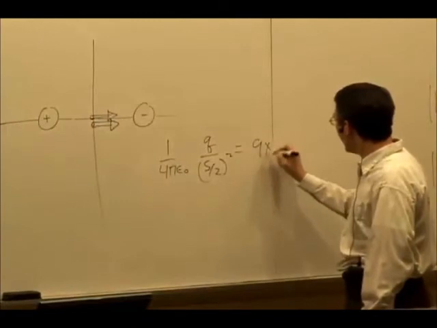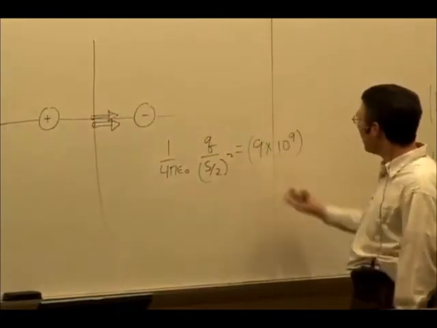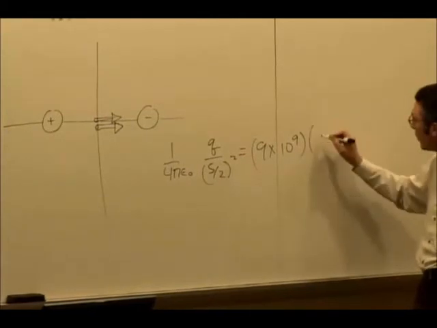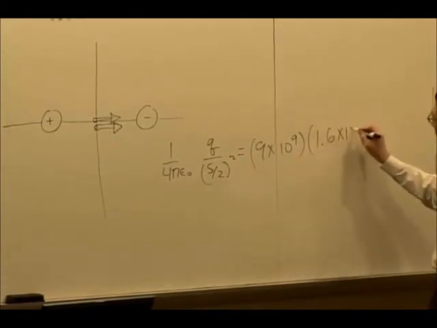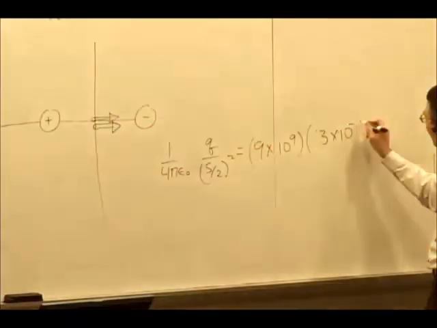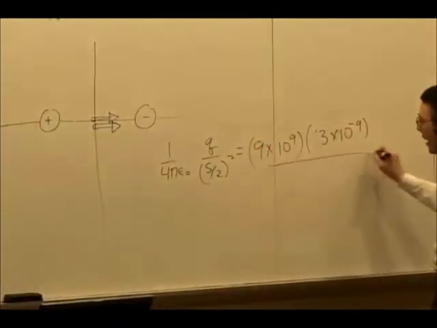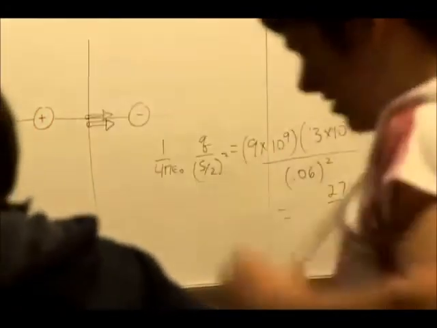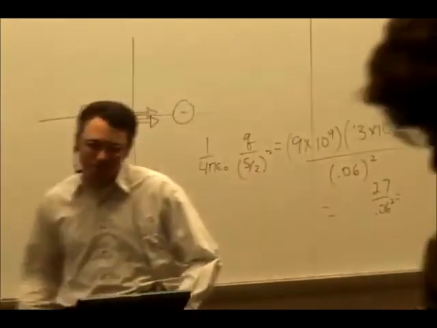So that's 9 times 10 to the 9th. Oh, did we not? I forgot to put the constant up. Someone should have yelled at me for not putting the constant up. I apologize for that. What was the charge? 3 times 10 to the minus 9, divided by 0.06 squared. So that is 27 over 0.06 squared. I believe that gives you